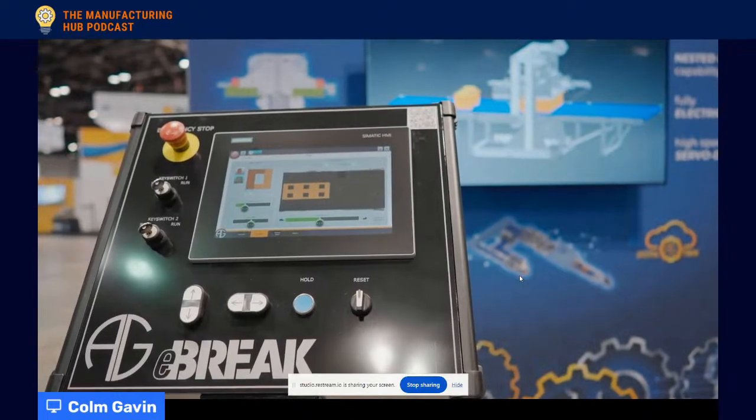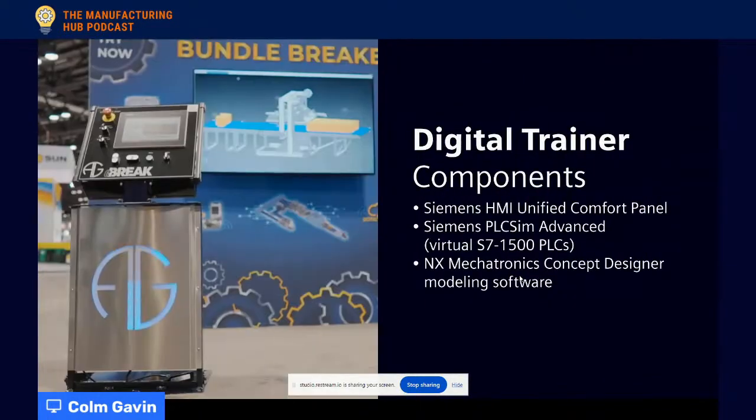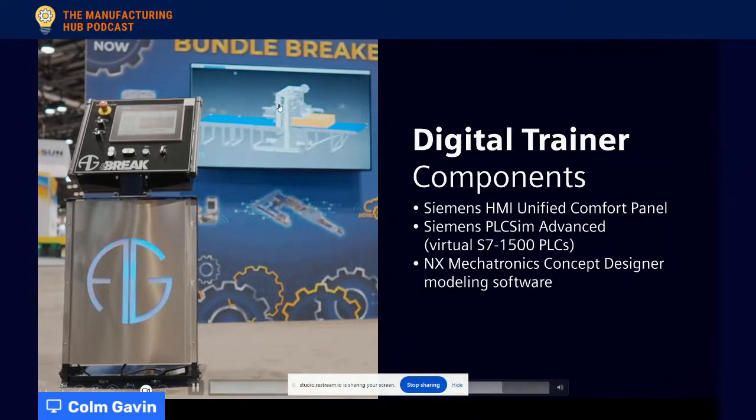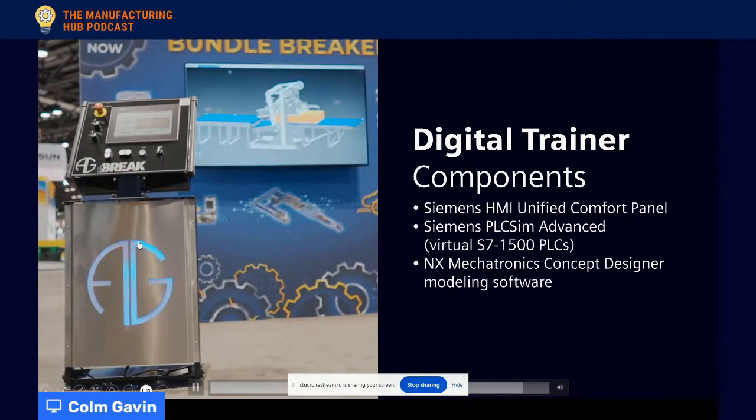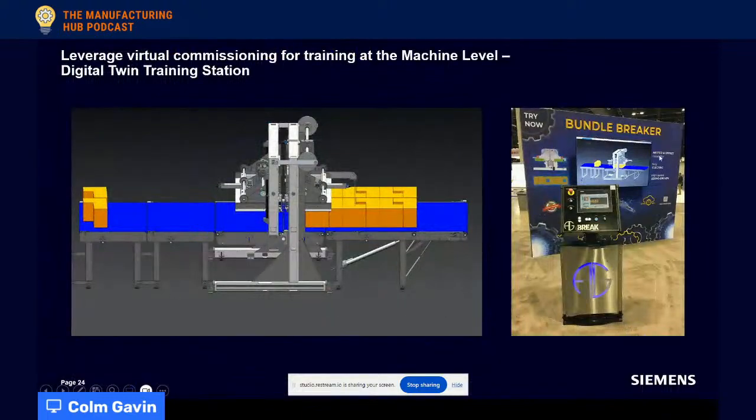And model it accordingly. But then the other use case here is for training. Here you could do a virtual HMI like I showed earlier, but in this use case, they created a real HMI and connected it to a virtual PLC and the modeling software running in the background. So this was originally a training station, because many different products would run through this, very different product variations could run on a machine at any given time.